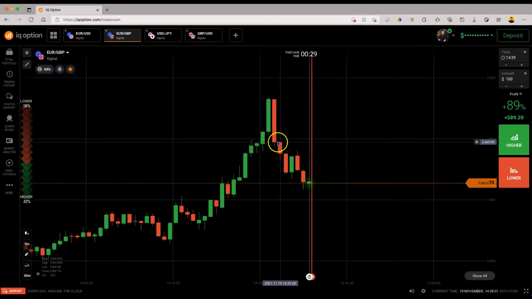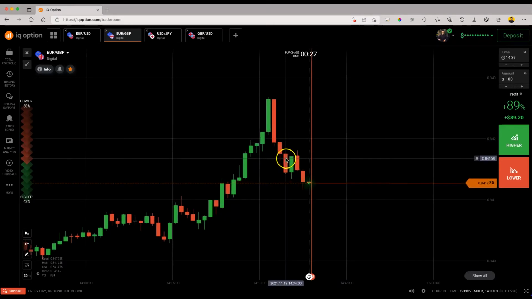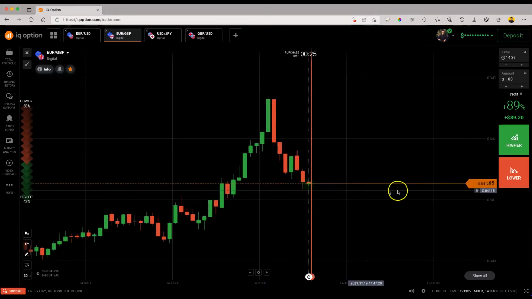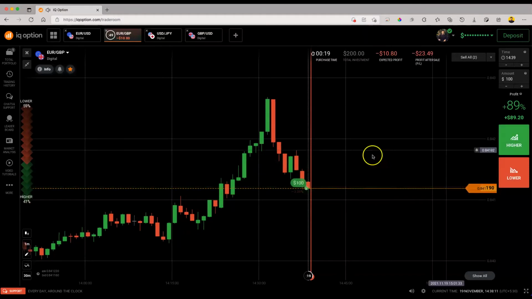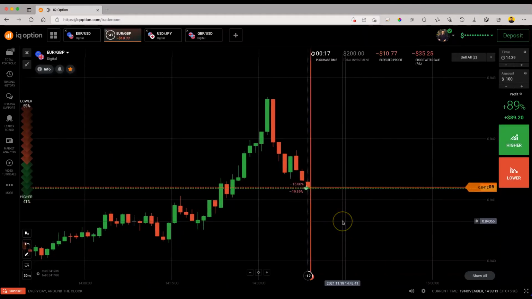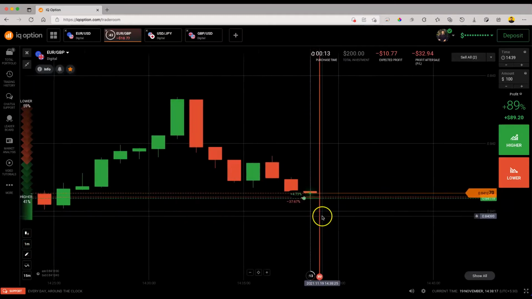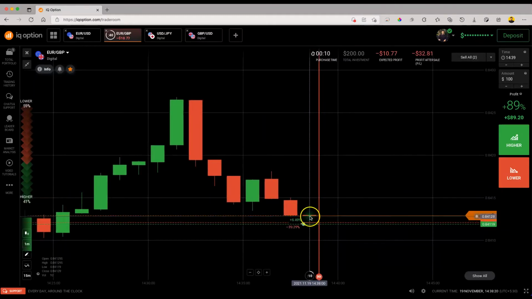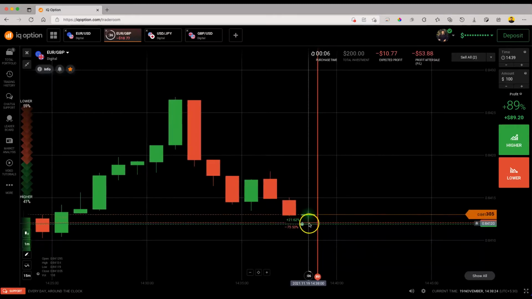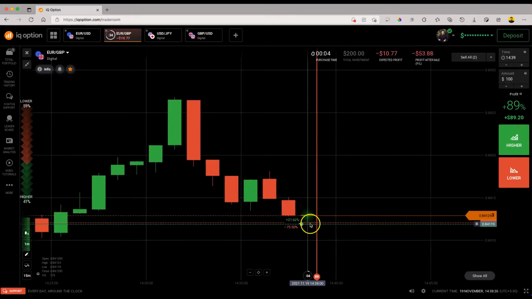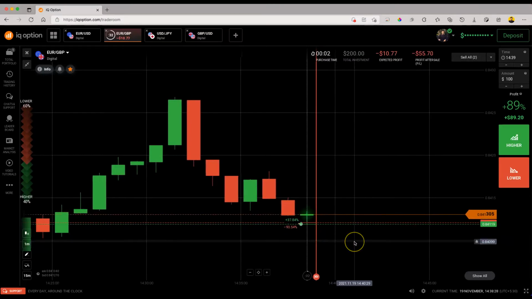Actually our entry should be here at this particular candlestick for the put side. No problem, we missed it. Okay, delay in the trade. We are going to neutralize it. Now here at this point what has happened, my entry should be here exactly after the candlestick gets closed, but our entry has got here at this point. So therefore we have neutralized this trade.